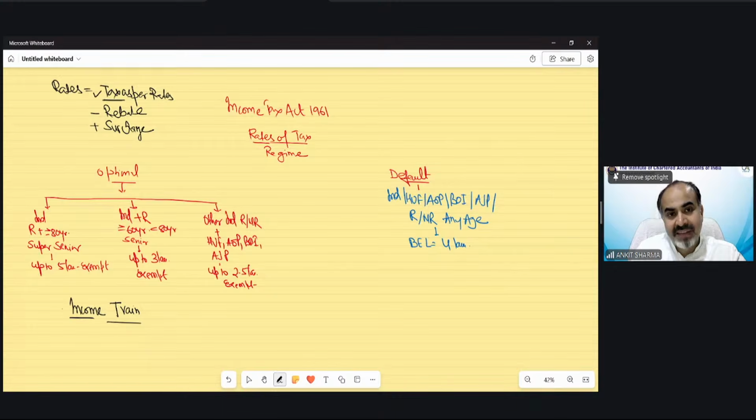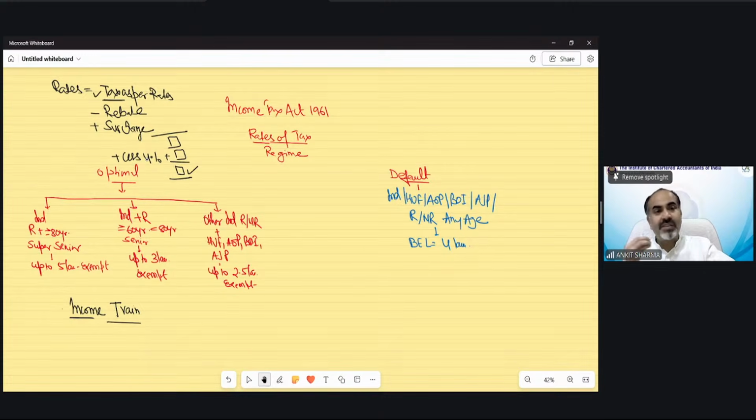You have to calculate tax as per rates. Then rebate, if applicable, will be subtracted from your tax. And if surcharge is applicable, that is going to be added back. After this treatment, the cess needs to be charged at the rate of 4%. After the cess, this would be your final tax liability. So to calculate the tax, we need to understand, first of all, the rates as per the individual, HUF category, the person-wise rate structures, then the rebate concept, then the surcharge concept, and then the cess concept.